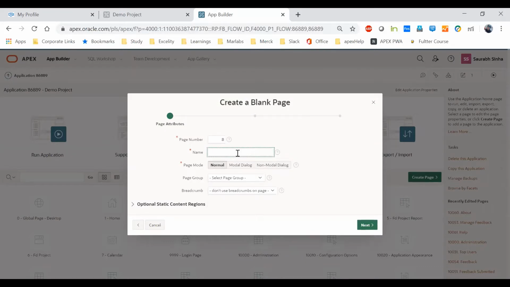Sarav, what are you trying actually, I didn't get you. I'm trying to create a report using an SQL query. For that, I'm creating a page, and then I'll embed this page in a tab. So this is like a sequence. Okay.